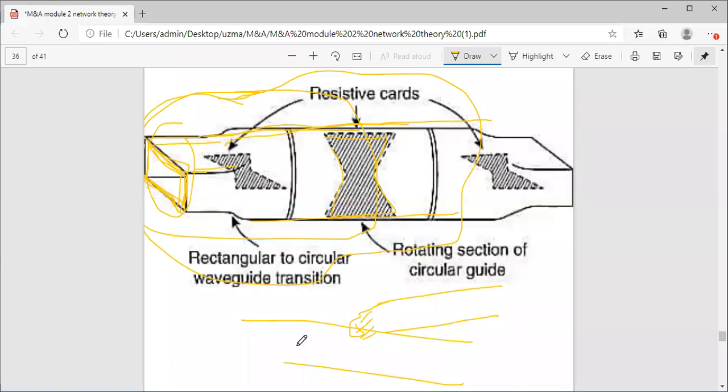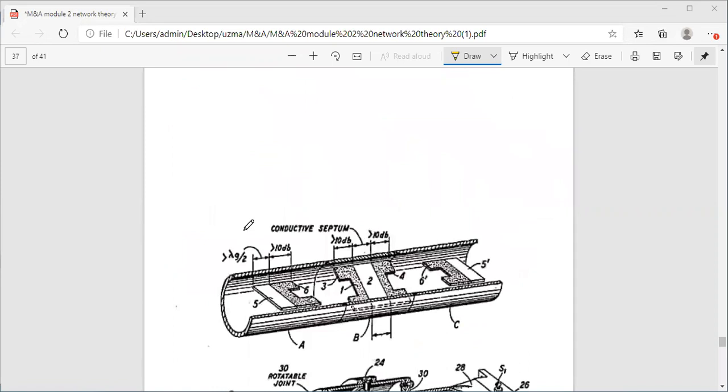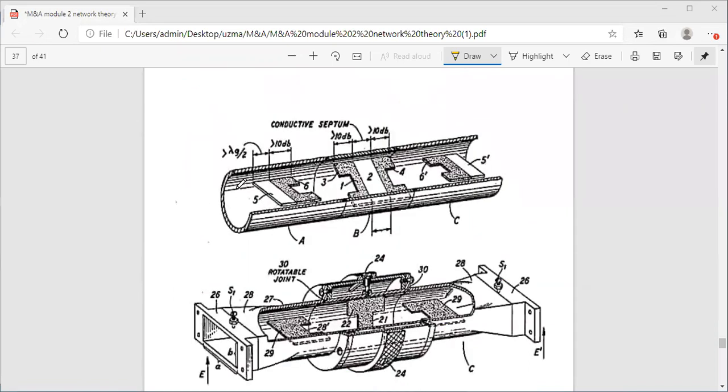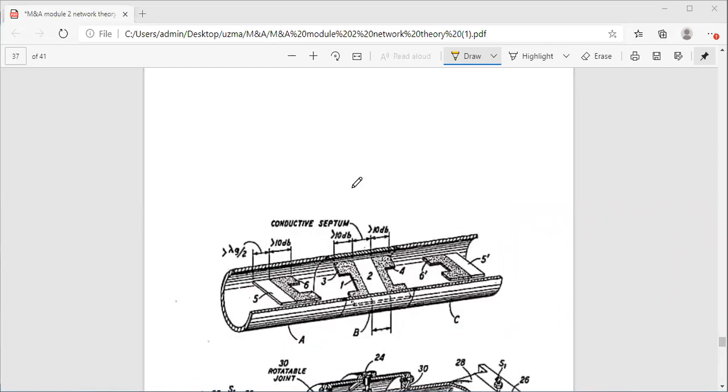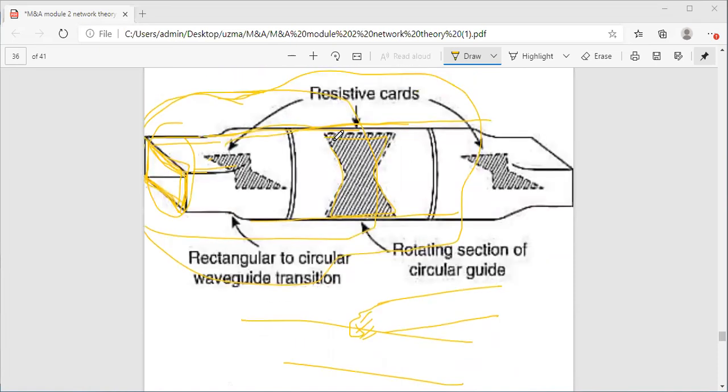Yes, so please try to imagine, because it is very important. If I just explain the structure theoretically, it won't be interesting. Just try to imagine the structure, how it looks like. So this is your rotary vane attenuator. This is the cross section view. I have cut it in half from the top, and inside, if you see from the top, the chocolate wrapper shapes you see, these are nothing but resistive films.